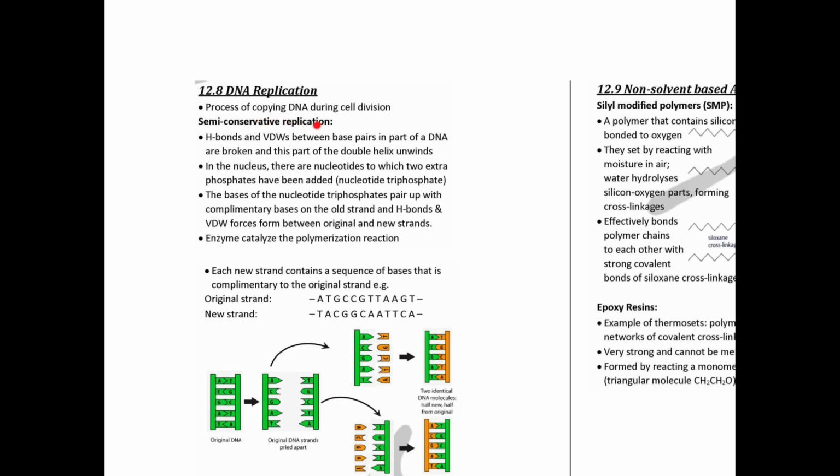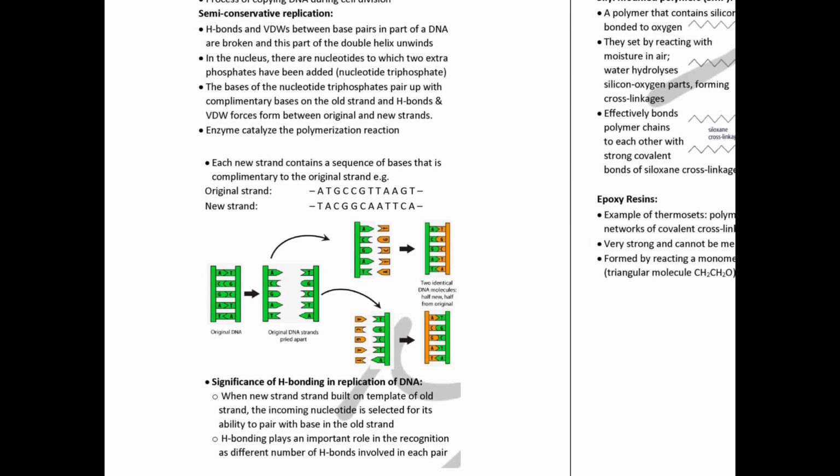Semi-conservative replication. So what is that? So let's see the picture first. The picture will help us to understand. In a cell, the DNA is a double helix, where in 3D they twist around, but in 2D it's just like this. Okay, so when the cell is going to divide into two, the DNA will just break down into two